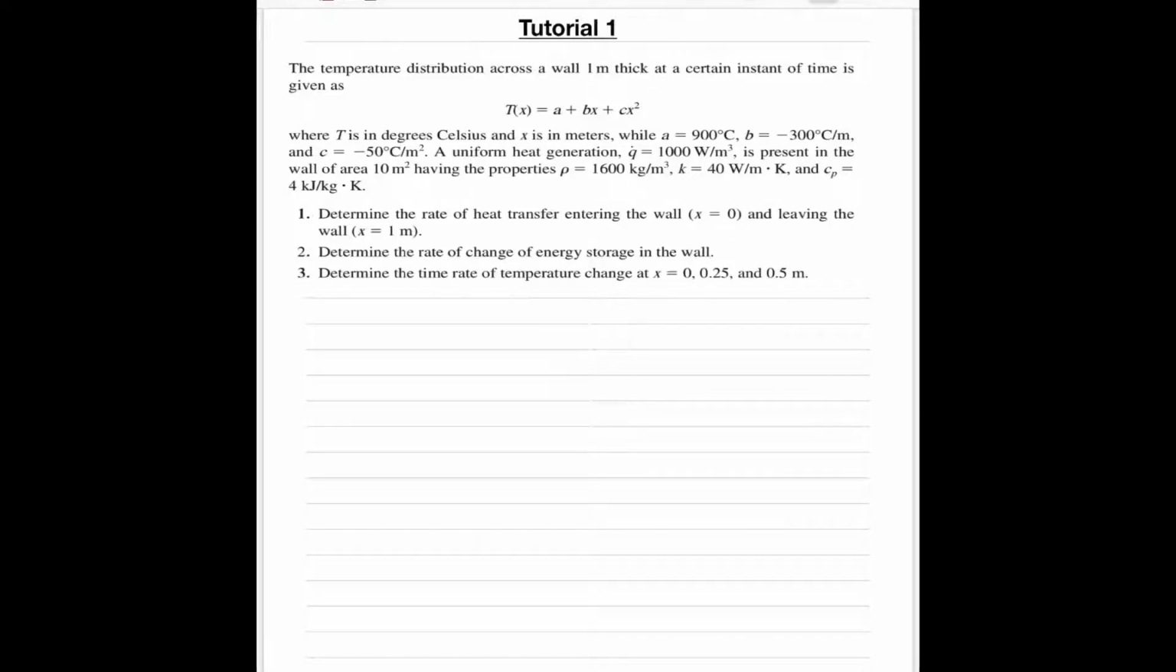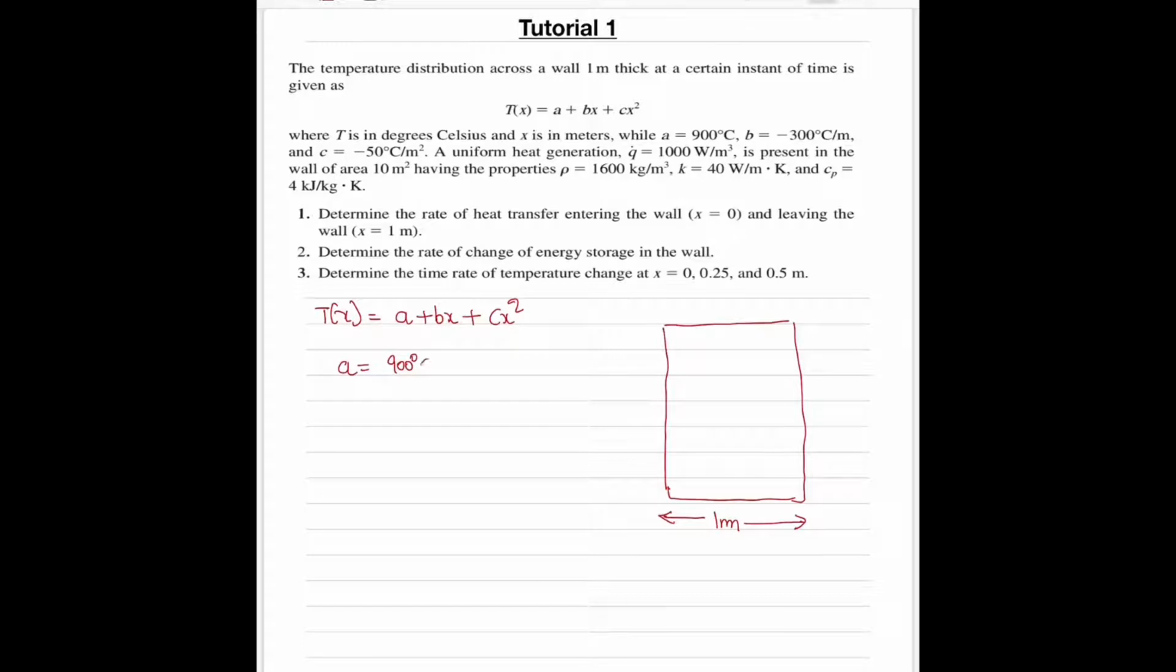Hello everyone. In this video, I am going to discuss one problem on conduction as a tutorial one. This problem says that we have a block of thickness 1 meter and the temperature distribution inside this block is given as a function of x as T = a + bx + cx², where T is the temperature,